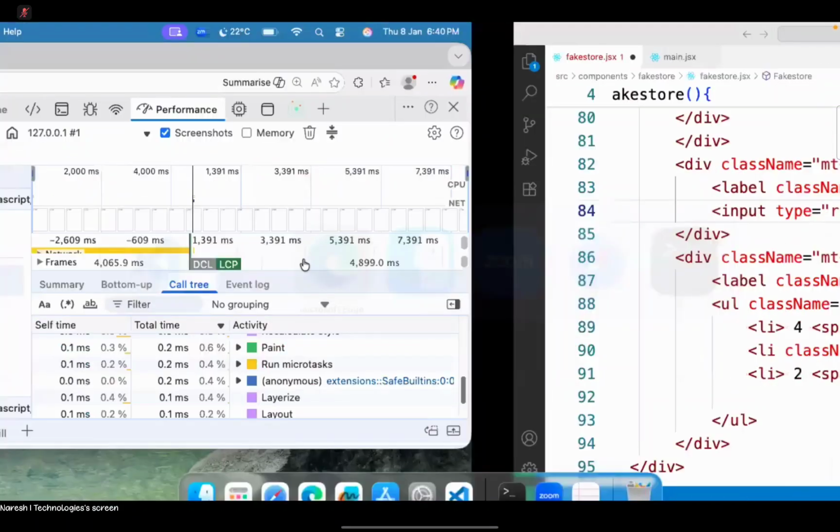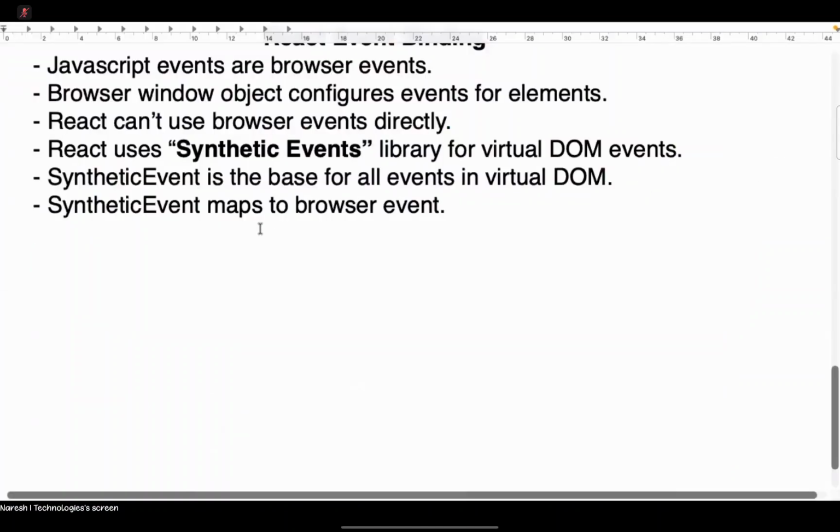So why I showed you all this, because you should know that all are derived from one base. What is that? Synthetic event base, right? You are using synthetic events, but they map. So for example, I will not show all the tracking, just the point I will explain here. Suppose, just syntactically, we are using onClick. So this onClick is derived from,